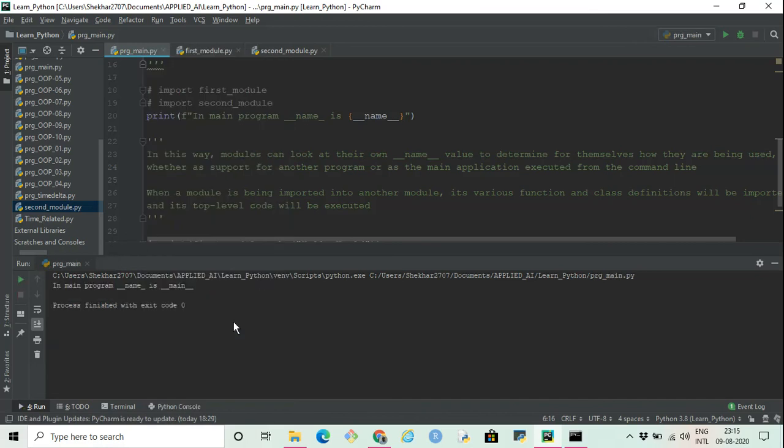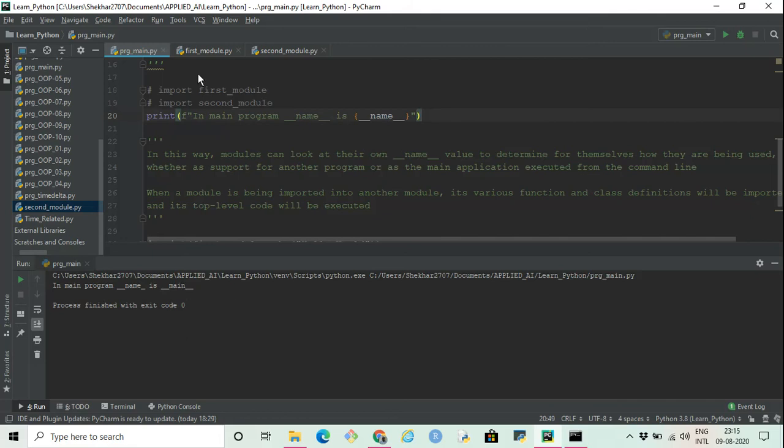Once we execute this code, in the output we get the string that we have mentioned, in main program, __name__ is __main__. So whenever we are executing a Python file directly, the value of this variable is set to __main__.